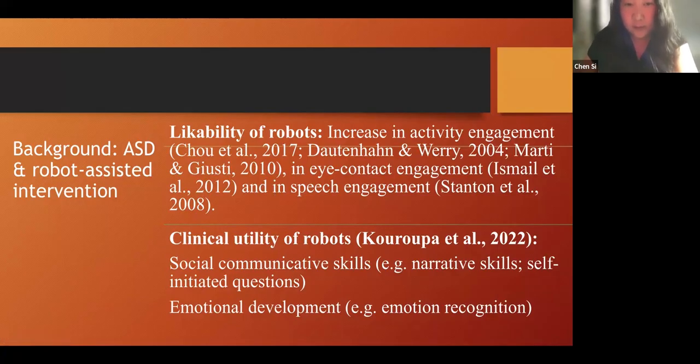So we do need more clinical evidence that by using robots, they can actually improve certain targeted communicative or speech skills. That's why we're programming this robot and trying to see whether it can actually help them.